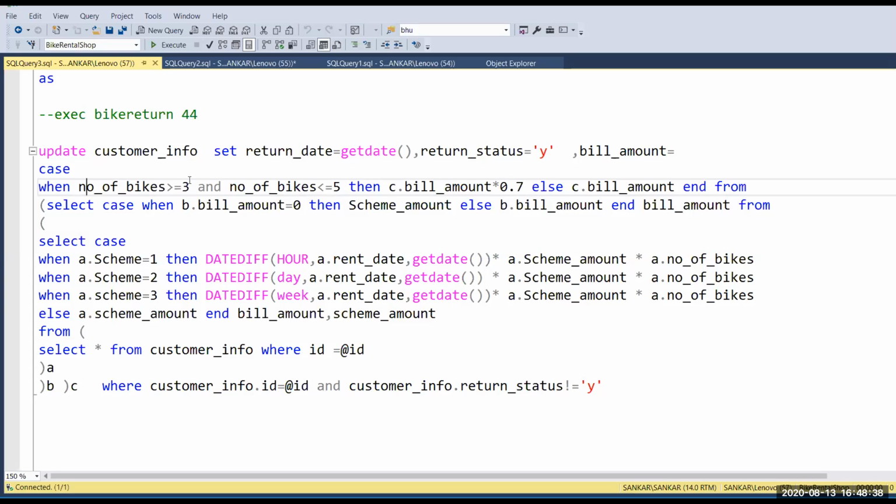So that's why I'm using this concept: select case when bill amount equals 0, it takes the scheme amount, else as it is. If the bill amount is not 0, then it prints that value. That's all. Then I'm going to use one more case, because this entire script is for calculating.